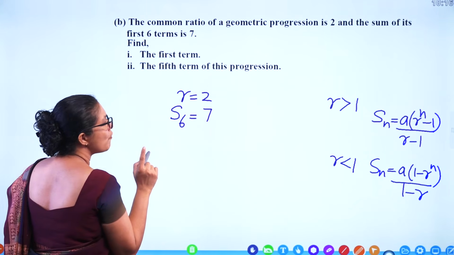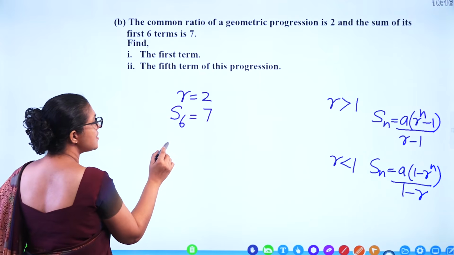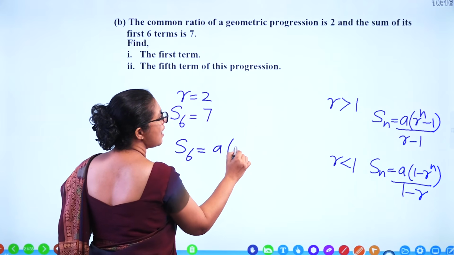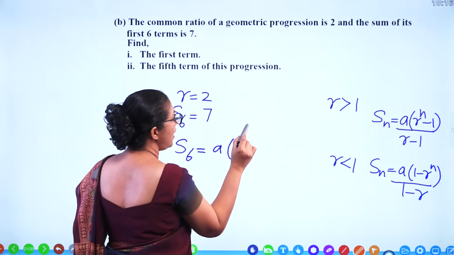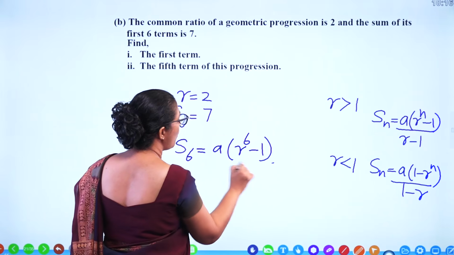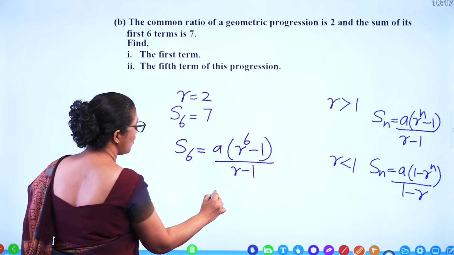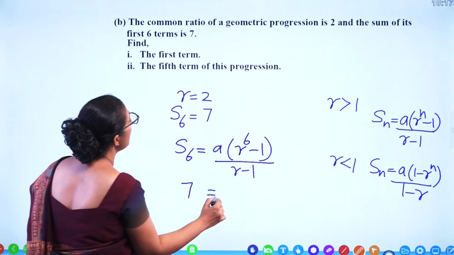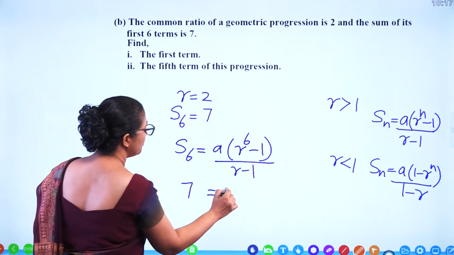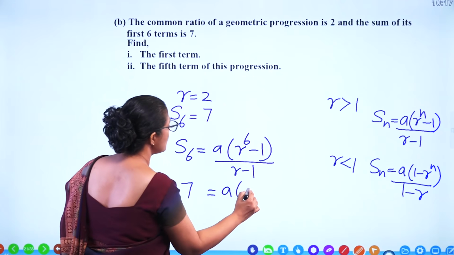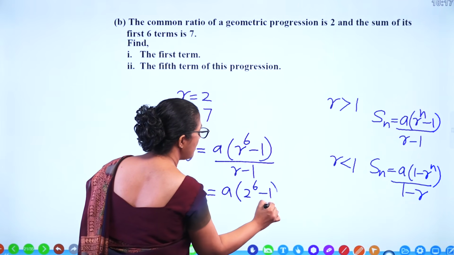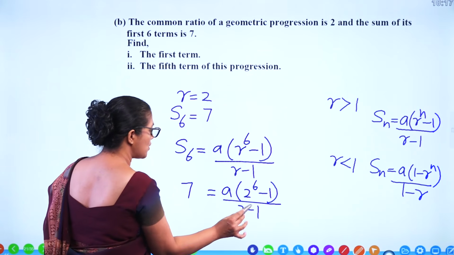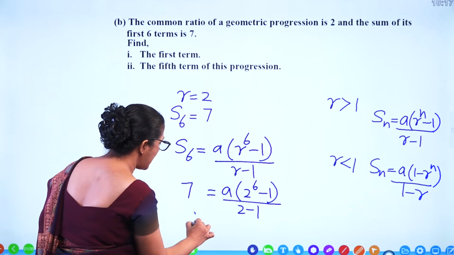So we'll write the formula for S6. n is 6. First, S6 is equal to a, r to the power n, which is 6, over r minus 1. Now we'll substitute. S6 is 7. a we don't know. r we know is 2. 2 to the power 6 minus 1, over 2 minus 1. So 2 minus 1 is 1. That means a equals